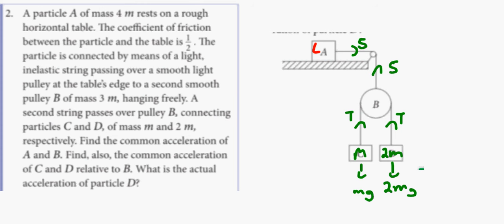Next, we're writing down 4m as the mass of particle A, and 3m as the mass of particle B. Now, the common acceleration between particle A and B, because they're linked together, as shown by the yellow line, is acceleration a. Next, the common acceleration of particles C and D relative to the pulley B is acceleration b. B goes upwards because m is lighter than 2m, so that means C goes upwards and D goes downwards relative